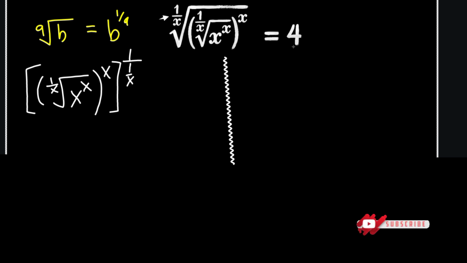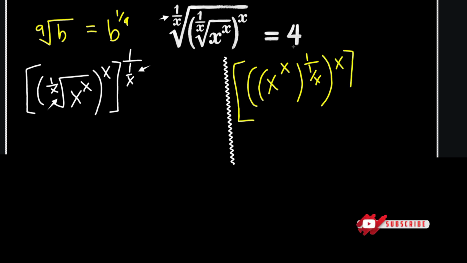We have converted this root to a fraction, and then we'll do the same for this and rewrite as x to the power of x all to the power of 1 over x all to the power of x. And then we rewrite this power outside, this one right here. We're going to rewrite it as x because this is the inverse of 1 over x. And then we'll do the same thing for this also, and we will write it as x to the power